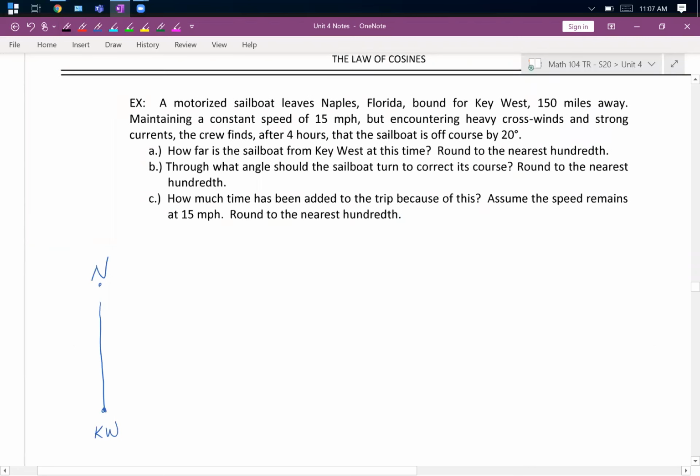It says that Key West is 150 miles away, but they ended up getting blown off course by 20 degrees. So instead of traveling on this blue line, they ended up traveling